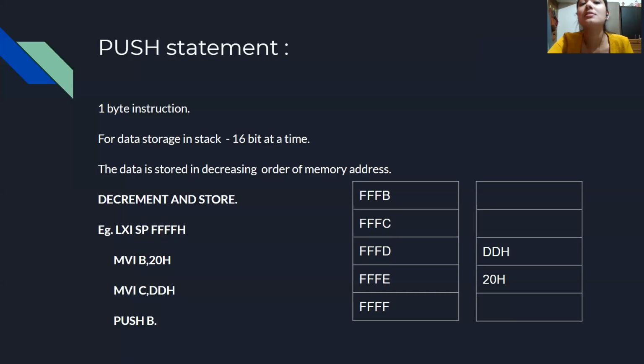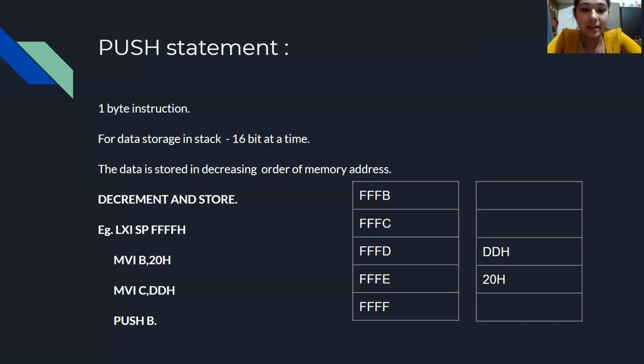That is, it first decrements the address to which it was initialized, FFFFH, to FFFE, and then loads the data 20H to it.